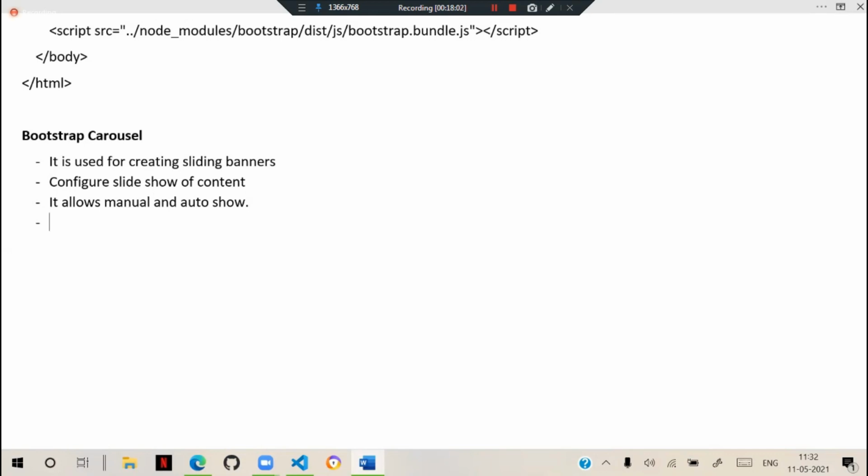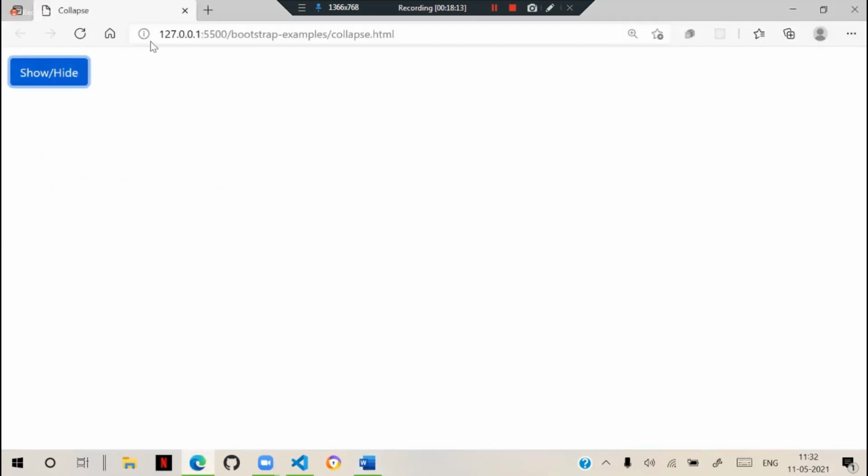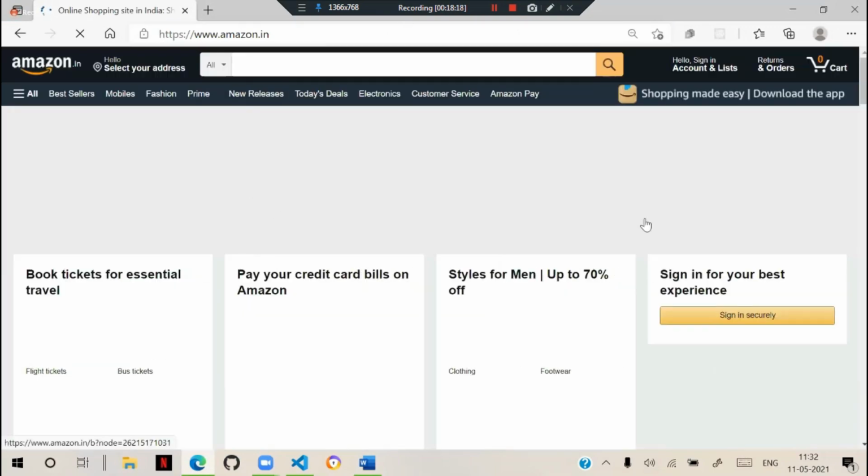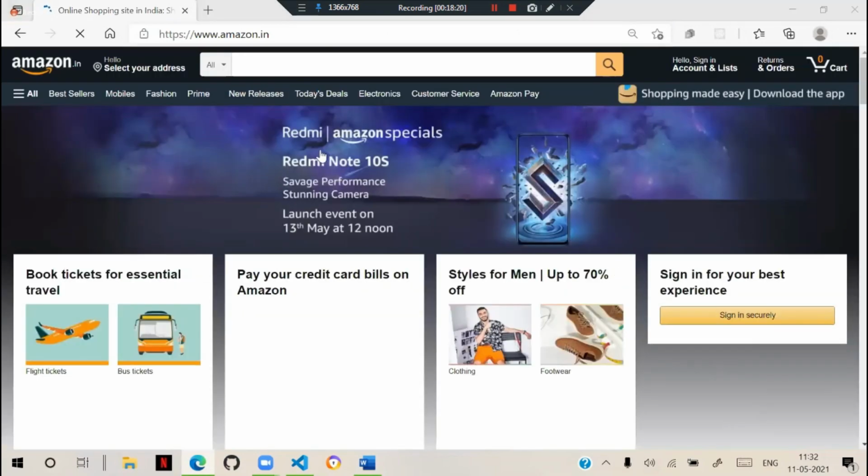Generally, in almost several websites, you will find sliding banners. Every website usually has them. Like you see on Amazon, this is the banner, Redmi, and that is a carousel actually.